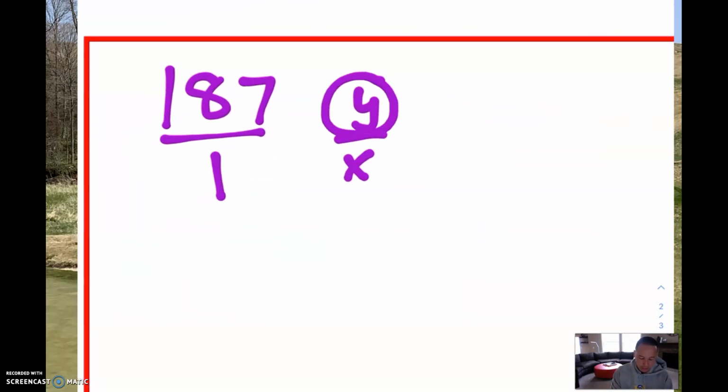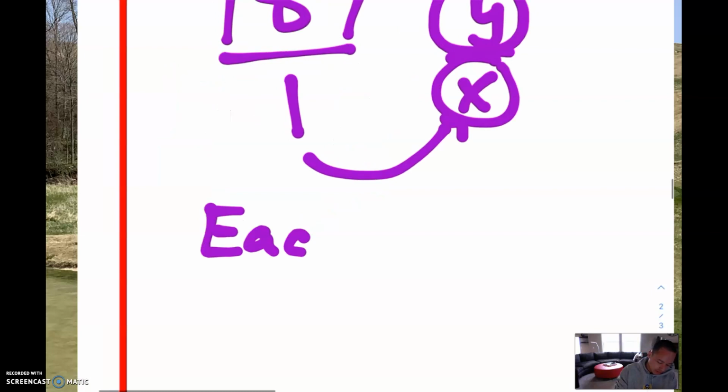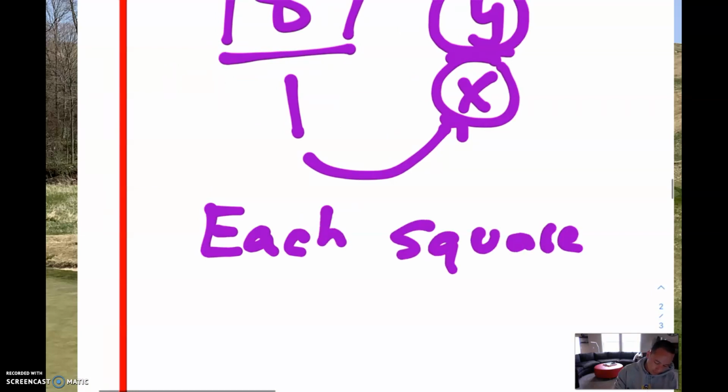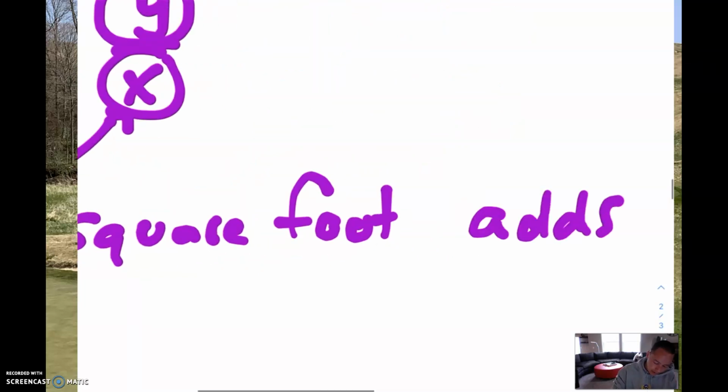What this means is the price of the house, that's y, is going up by $187 for every 1 square foot. Approximately 1 square foot would be something like a foot square, kind of like a tile on the ground or something like that. Every one of those square feet will add about $187 worth of value to the house. So I'm going to say each square foot adds approximately